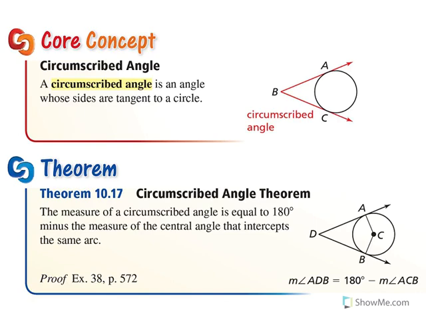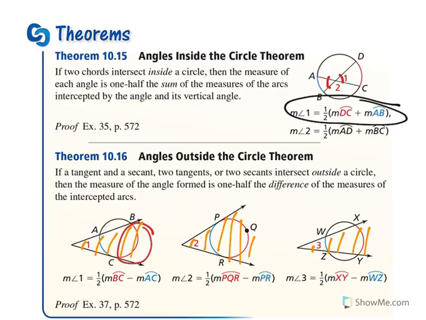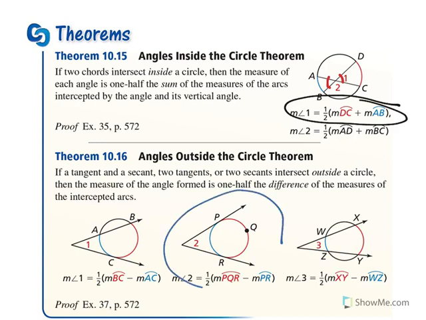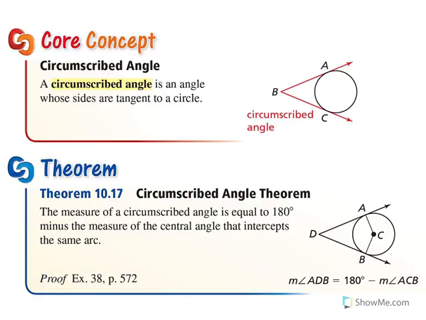As we look at this next part, it adds just a little bit more specific. We have a circumscribed angle. A circumscribed angle is still an external angle, but it's when both sides are a tangent. So sometimes, if we go back, we'll be using this middle one. I'm just going to erase here. Sometimes we would be using this formula for this kind of problem. When we have that external angle and they're both tangents, we can still use big arc minus the small arc, the intercepted arc. But sometimes they're going to give us a little bit less information. So we're going to need to be able to use this next theorem,